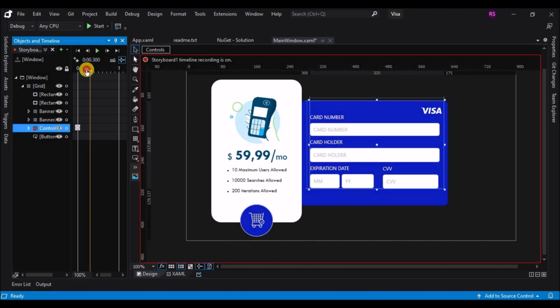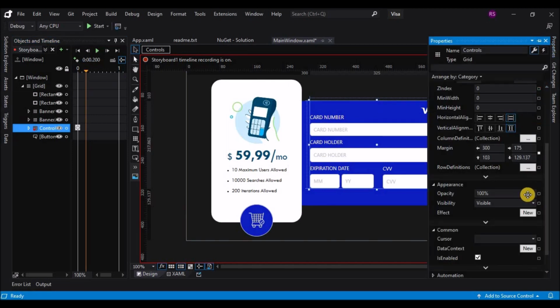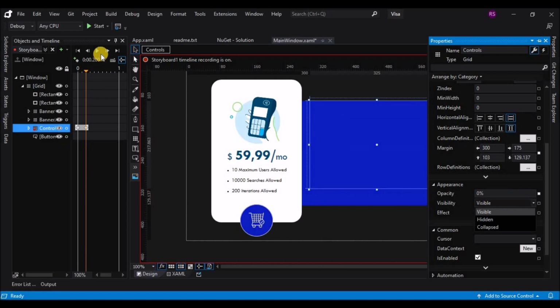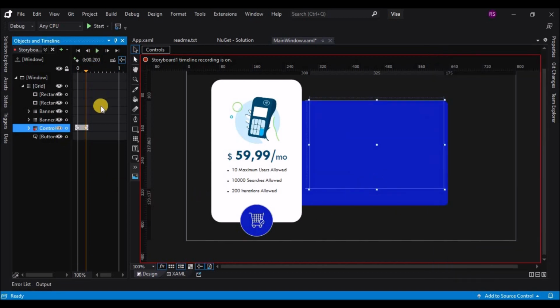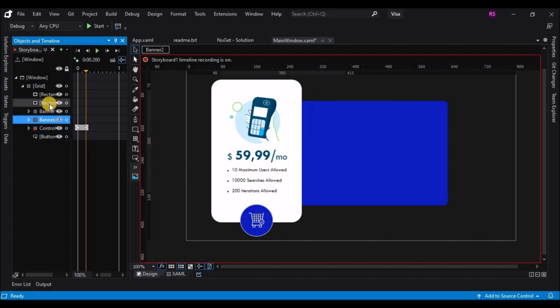Let's change the visibility of the controls on the second keyframe, and on the first keyframe we have added an empty keyframe.